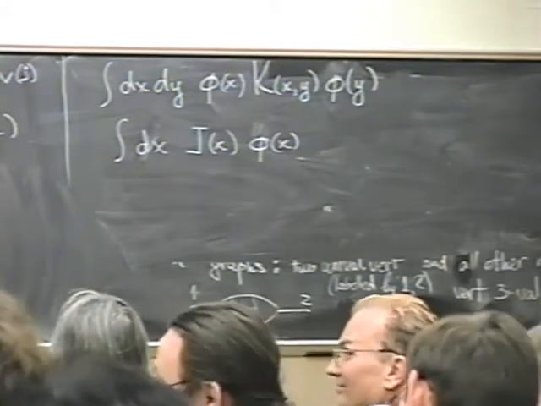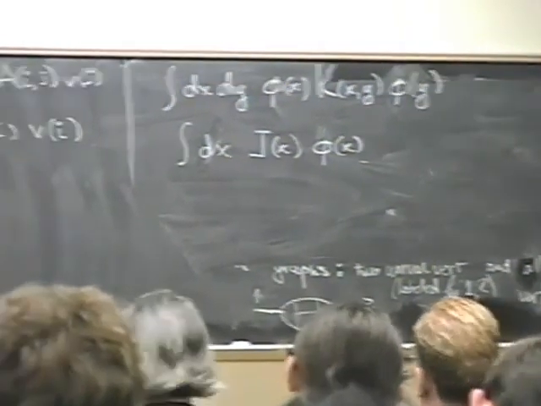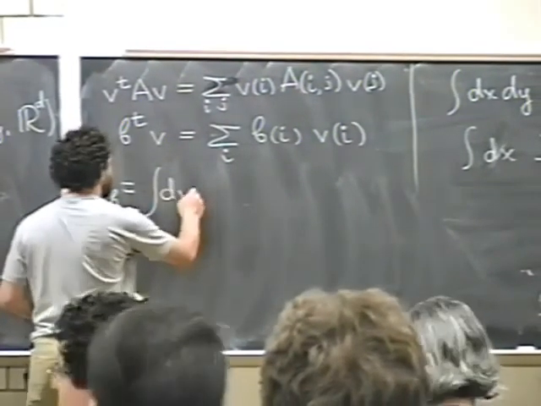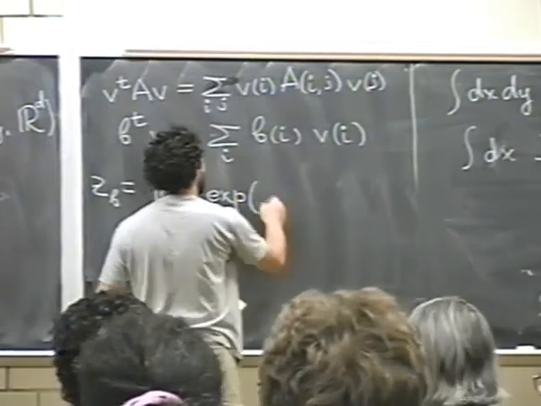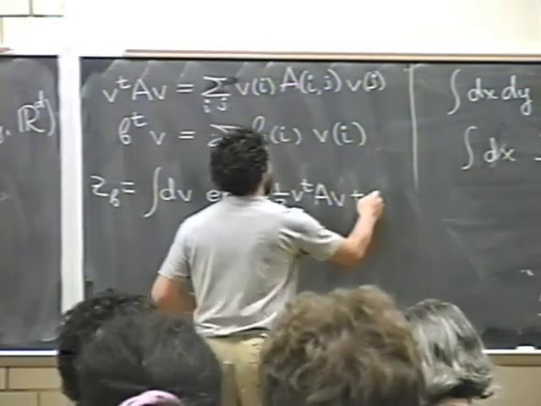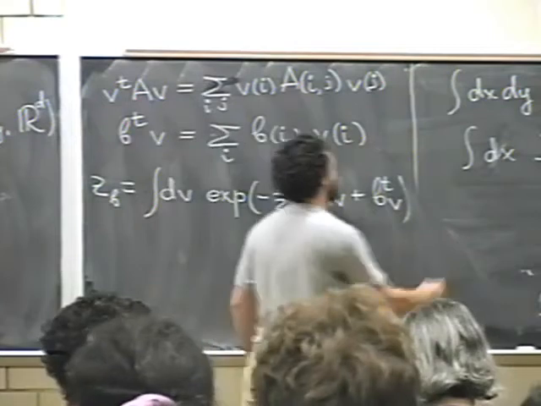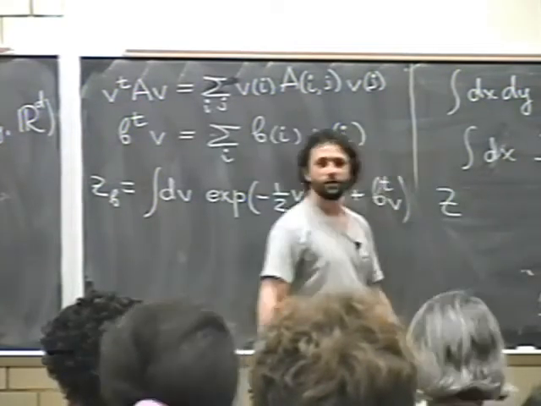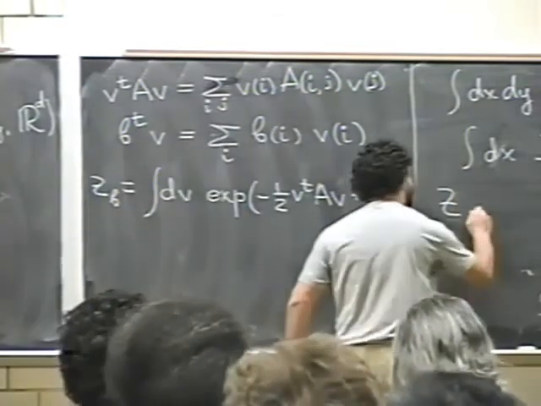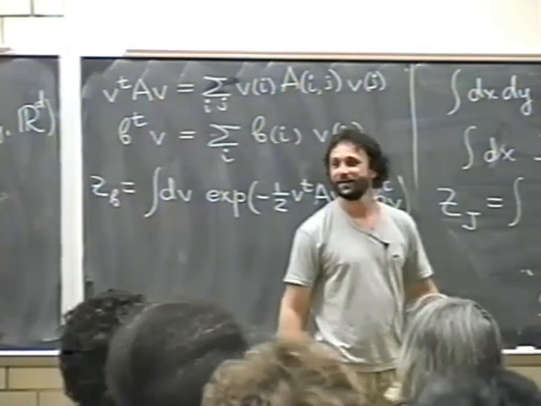Okay, now what will be the analog of our Z_B, which was the integral dv of the exponent of minus half v^T A v plus b^T v? It will now be Z. What will be the subindex? J. Yes. And then that will be the integral over